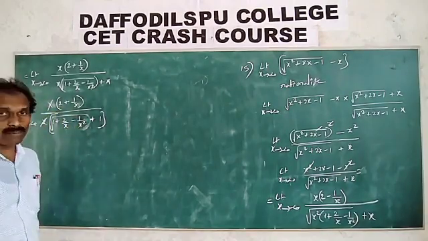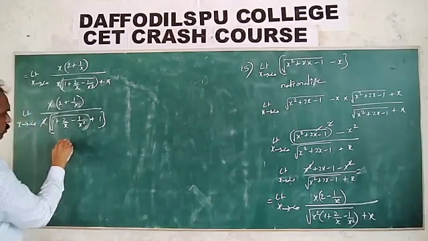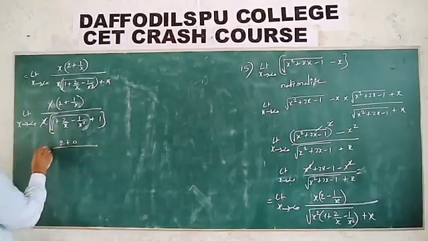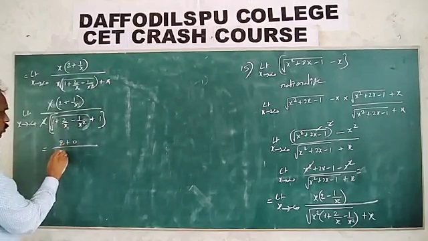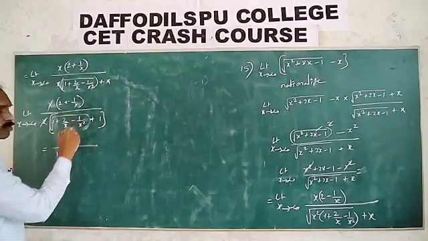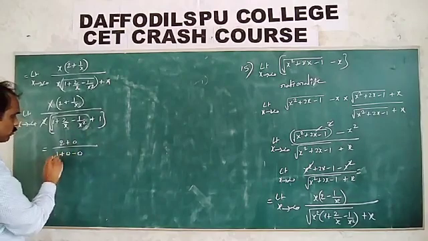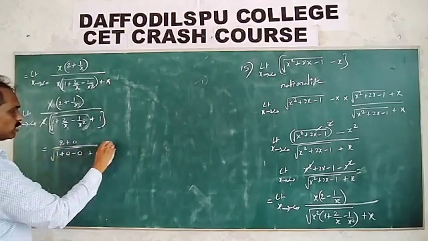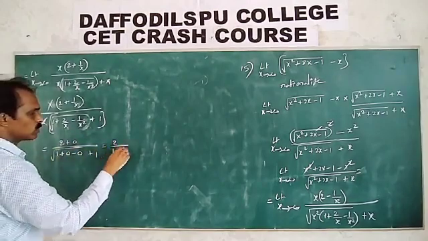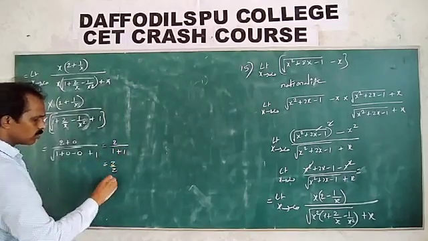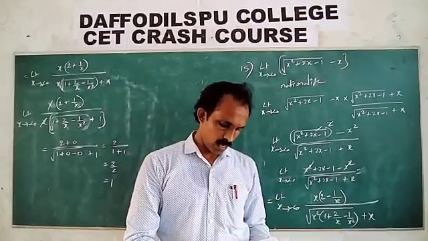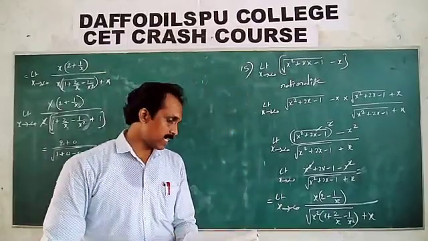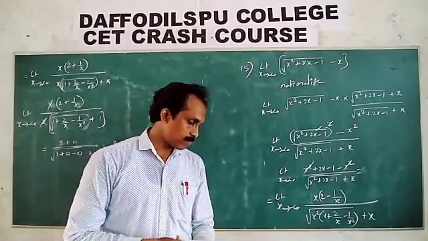Now substitute x tends to infinity. 1 by infinity is 0, so 2 plus 0. Then 1 plus 2 by infinity is 0, so 1 plus 0 minus 1 by infinity 0, the root gives 1, plus 1. This value is 1 plus 1, which is 2 by 2. Answer is 1. So the fourth option is the correct answer. Next.